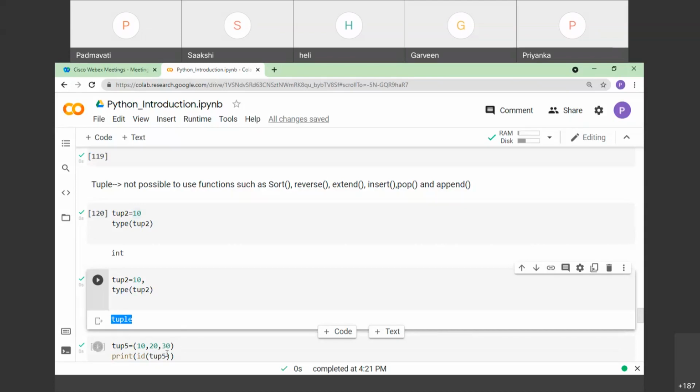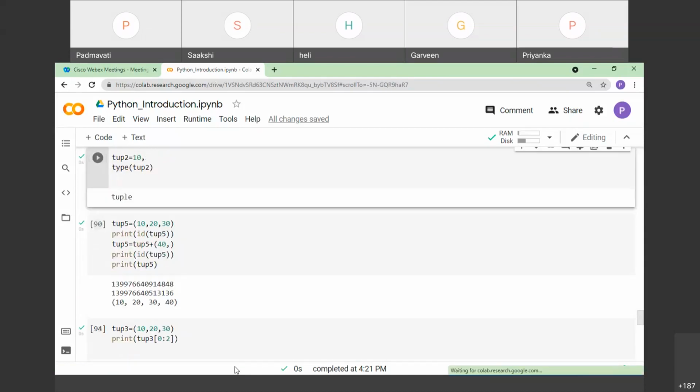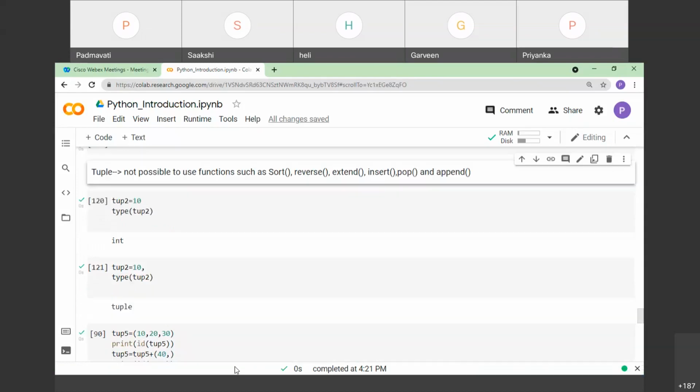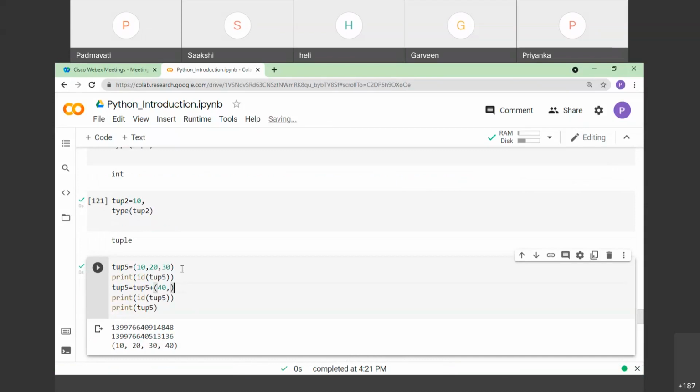Okay, let us move to the next cell. Inside this particular cell, we have created one tuple, tup5, with three different elements inside it: 10, 20, and 30. Later on, I wanted to check the ID of tup5. And then I wanted to check what the concatenation operation does.